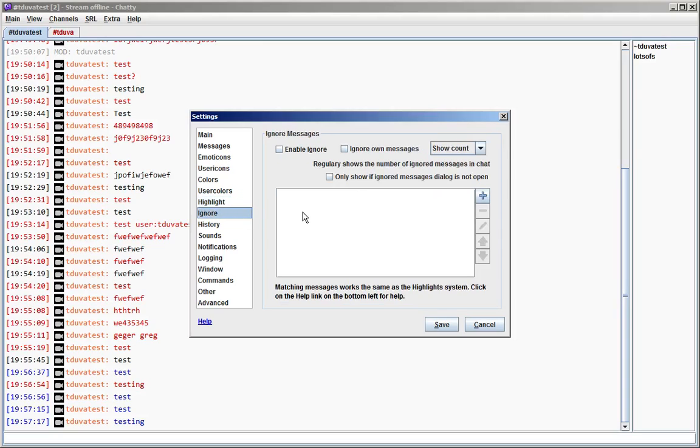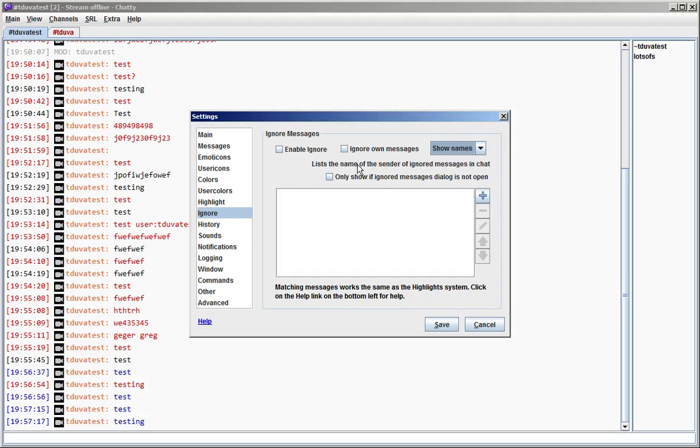And now to the ignore system. It has somewhat similar options like enable, disable, ignore altogether, and also ignore on messages, mainly for testing. But it also has this option here which defines what to actually do when a message is ignored. So you can completely ignore it and it doesn't show in any way in chat. Or you can make Chatty show how many messages were ignored in the last 30 seconds. So you can get an idea that messages were actually ignored, but the actual messages, of course, don't show up.